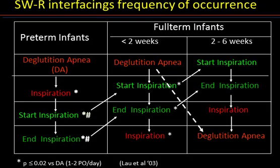This table shows the frequency at which the different swallow-respiration interfacings occurred in the infants we monitored from the study mentioned a bit earlier. Again, as a reminder, the preterm babies were monitored at 1 to 2 and 6 to 8 oral feedings per day. Their term counterparts were monitored during their first week of life and between their second and sixth week of life. In brief, what you can see is how, with maturation, infant swallowing will occur more frequently at different phases